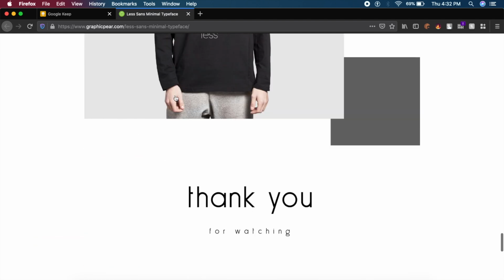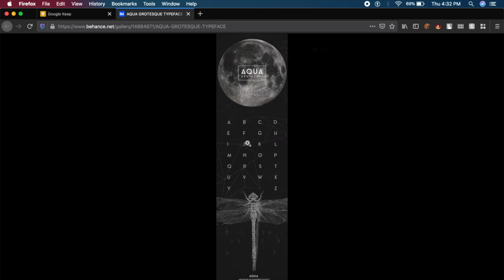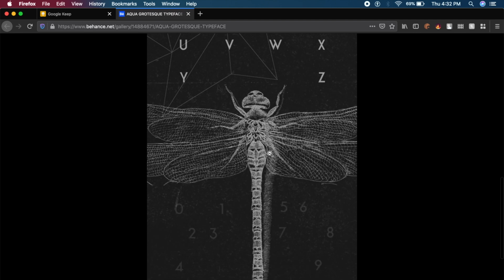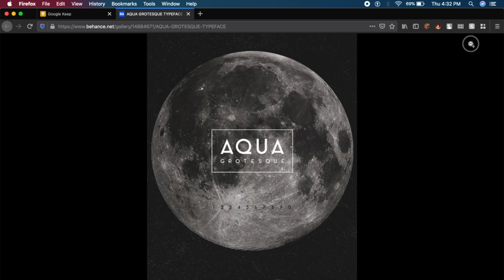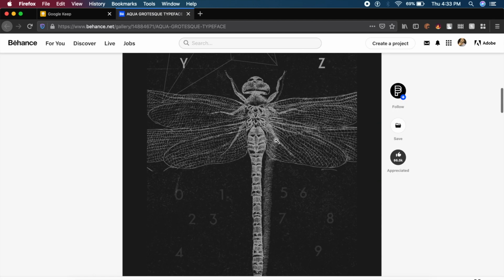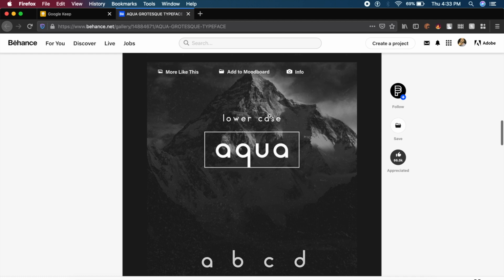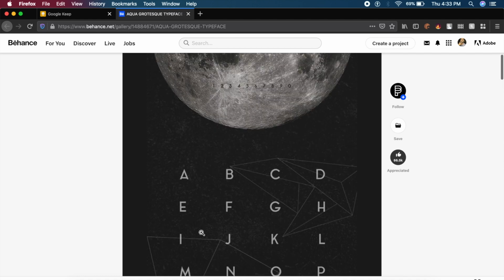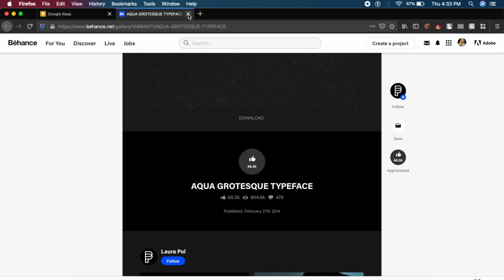The last font I want to showcase is Aqua Grotesque. Now, Aqua Grotesque, if I go down, is more of a display font than normal text font that you would use on your website. This is absolutely great for your displays or titles that you use on your website. See, they've used it in a very unique manner. Of course, you can use it as a display font or as they have used it for a secondary font. Again, just a quick showcase of another great minimal font.